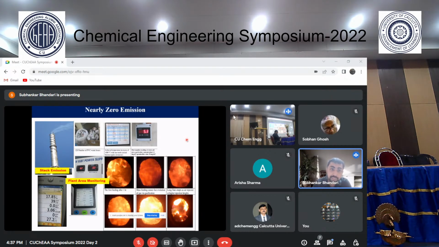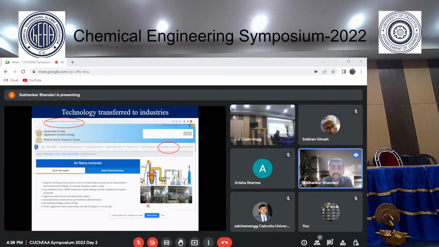And as far as the emission is concerned, the result is in front of you. You can see this is the flue gas result measured by the flue gas analyzer. Make is Testo. You can see carbon monoxide 39, NO2 0, CO2 3.6%, SO2 almost 0. And in the plant area, all the hazardous gases, toxic and flammable gases are not detectable. And you can see the emission is a release of steam through the stack. And you can see from this picture how vigorous the plasma gasification is, right?